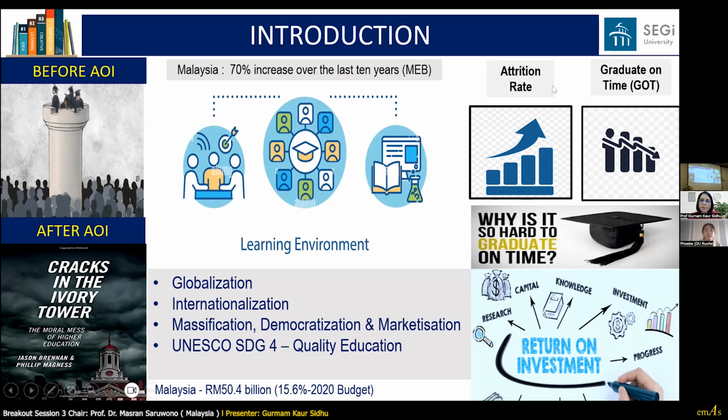At the global rates, we face attritions and students' low completion. At the global rate, 60% of students fail to graduate on time. And I think we all know that normally 1 in 5 postgraduate students in one public university drop out from the system. Now, this really causes a dent in our return of investment. So why is it so hard to graduate on time? And for that, I would like to call upon my co-presenter and student, Miss Phoebe, to move on to share with us the factors.